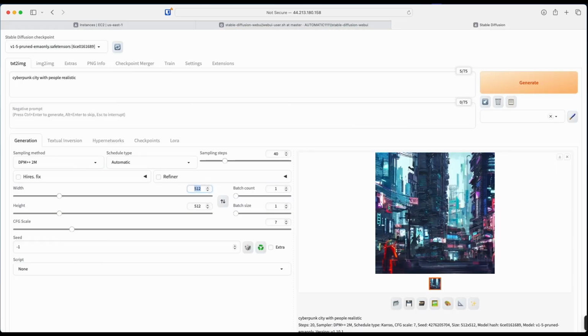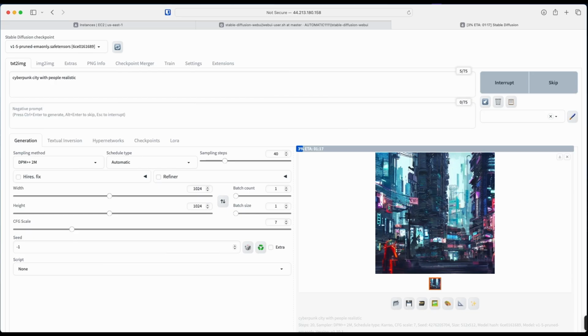And let me increase the height and width to 1024 and 1024 for now. Batch size, let's set to 1 itself. Script none, sampler DPM. Okay, I think this will work. Let me hit generate now. I think the prompt is also a bit